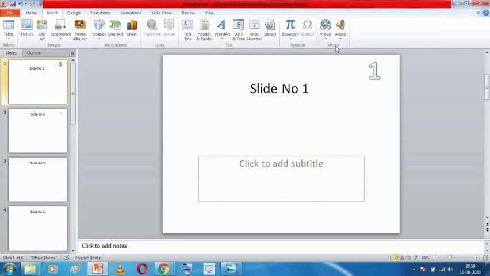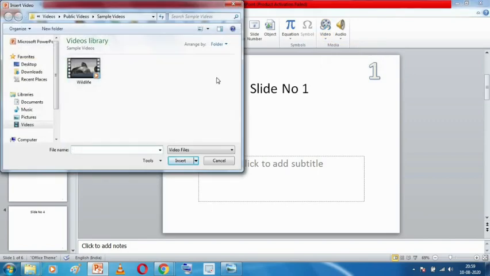Now inside this Media group we have already understood how to insert audio, so we'll not go to the audio option but we'll go to the video option. This is the Video drop-down arrow, so click on this drop-down arrow. Now I'm getting some options, so I have to click on the first option, Video from File. So I'll click on this option, Video from File.